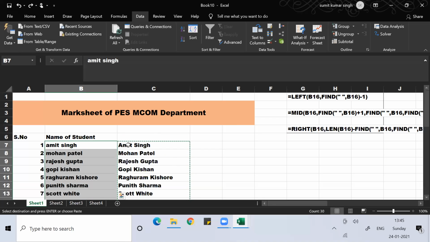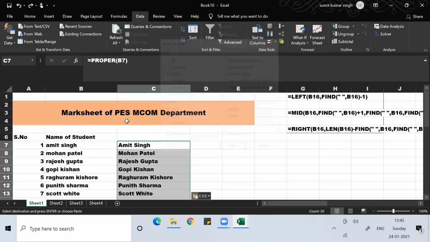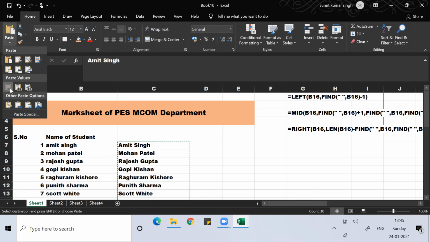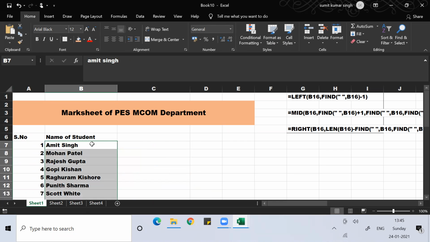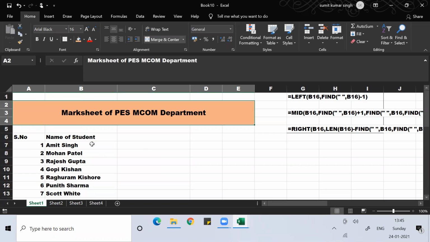So what you do first, if you're cutting from here, is remove the formula. How to remove the formula? Control C, then Alt E S V, Alt E S V. Do like that, or you simply Control C, go to Home, then paste value, removing the formula, Control X, and then Control V. So you can see this. Now they're coming in proper order.